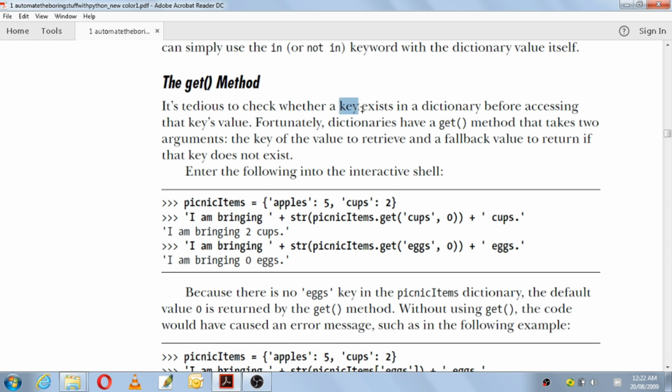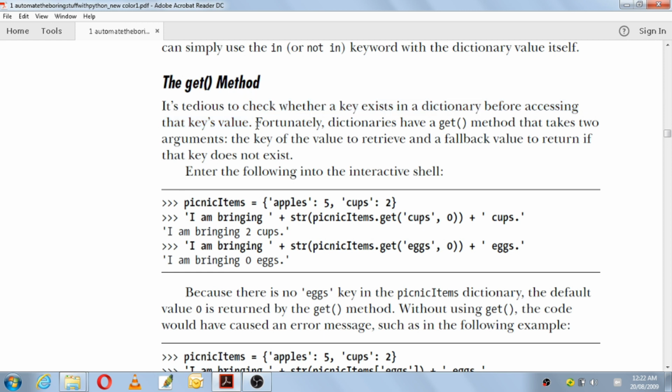So before you access a particular value, you have to make sure whether that key exists in that particular dictionary. What they are saying is that it is difficult to check whether a key exists in a dictionary before accessing that key's value.